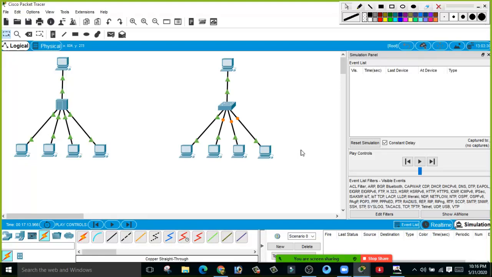Actually, see, I am from a village area. That is the main problem. In a village area, there is no broadband connection. There is no internet connection. I am just using mobile data. That is the main problem. Okay. Anyhow, let's continue.